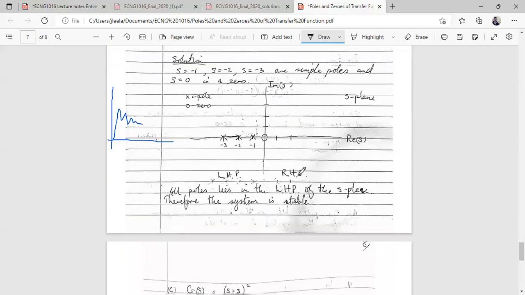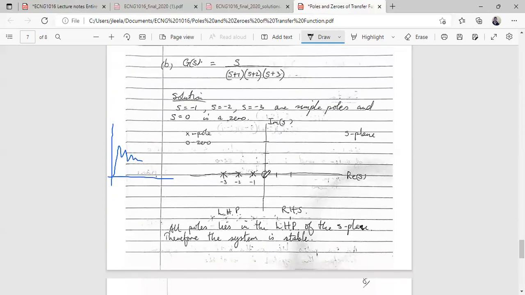So what's going on here? You have your 0 on the imaginary axis. The 0 has nothing to do with the stability of the system. It's just the poles you're looking at. All the poles lie in the left-hand plane, right? So since that is the case, all the poles lie in the left-hand plane of the S plane, the system